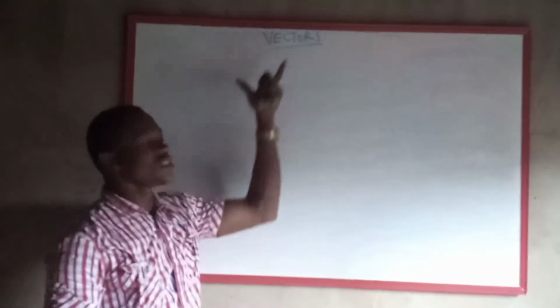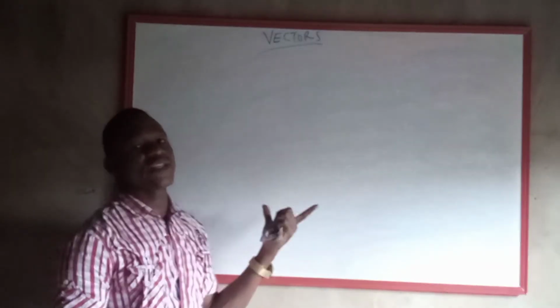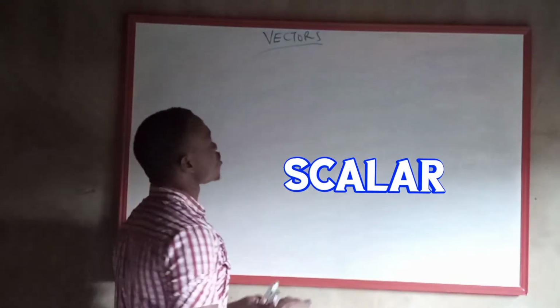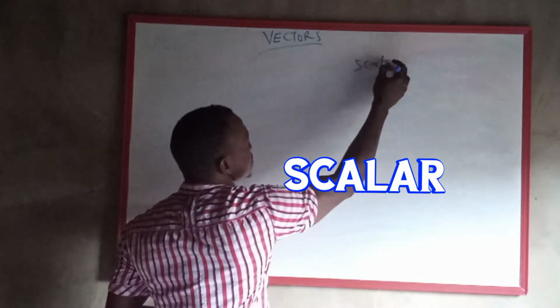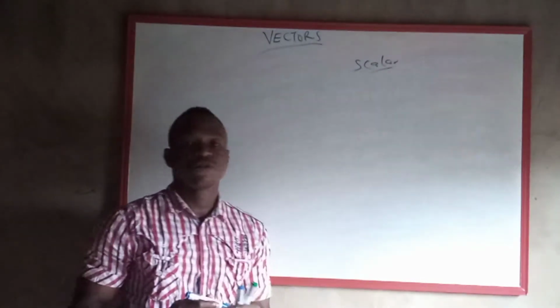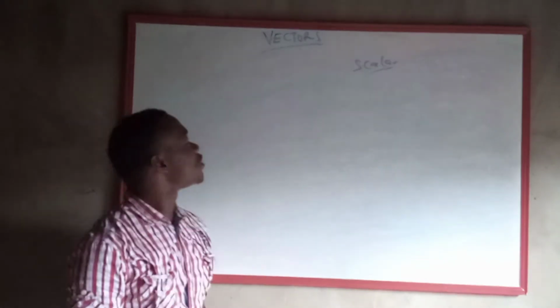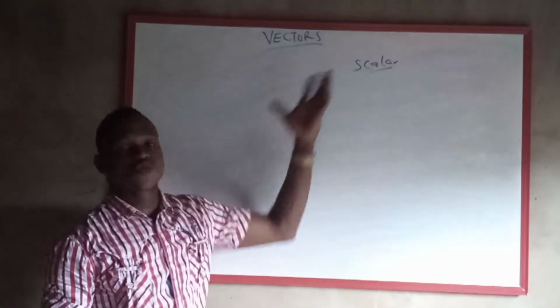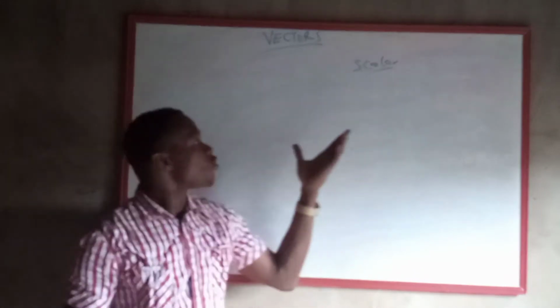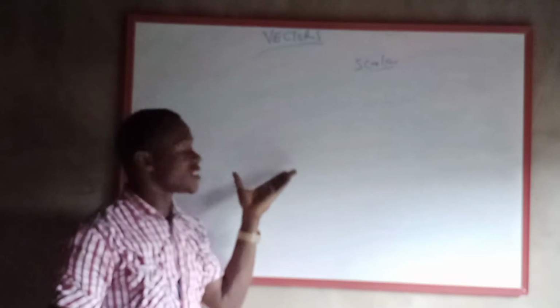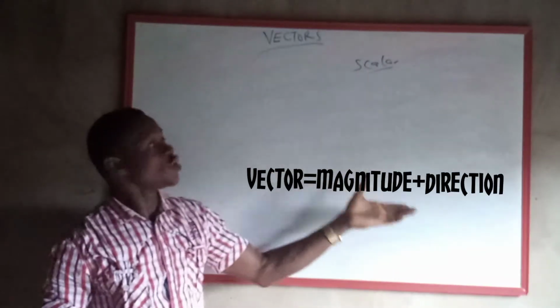Now, first of all, where did vector come from? Vector has an opposite called scalar. They are both from measurements. Vector and scalar are two different terms. When a particular quantity, whether in mathematics, physics, or chemistry, has both magnitude and direction, we term it